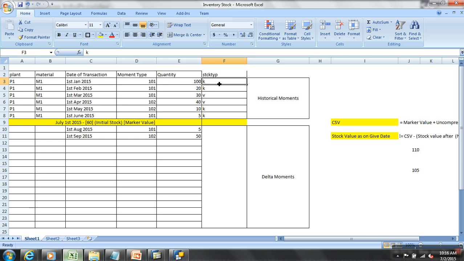So you'll have to write routines to feed inflow for restricted, inflow for unrestricted, outflow for restricted, outflow for unrestricted. I'll say if movement type is 101 and stock type is K, then quantity. If movement type is 102, stock type is K, that is for outflow for unrestricted. Again for V I am going to indicate restricted. I write my routines with